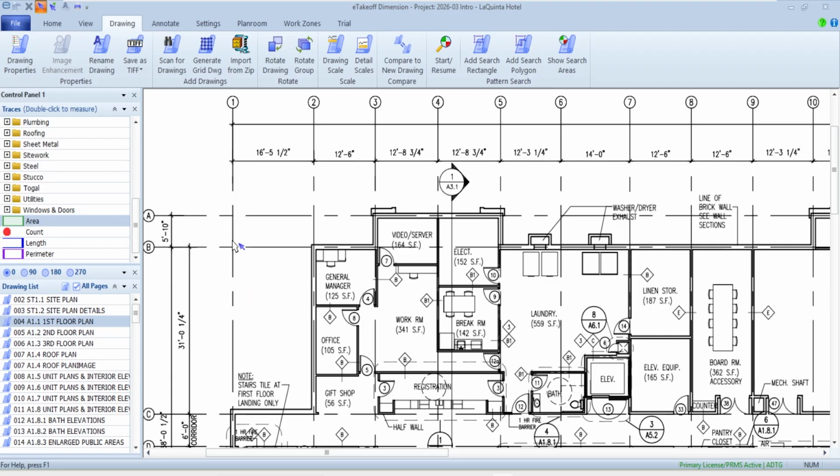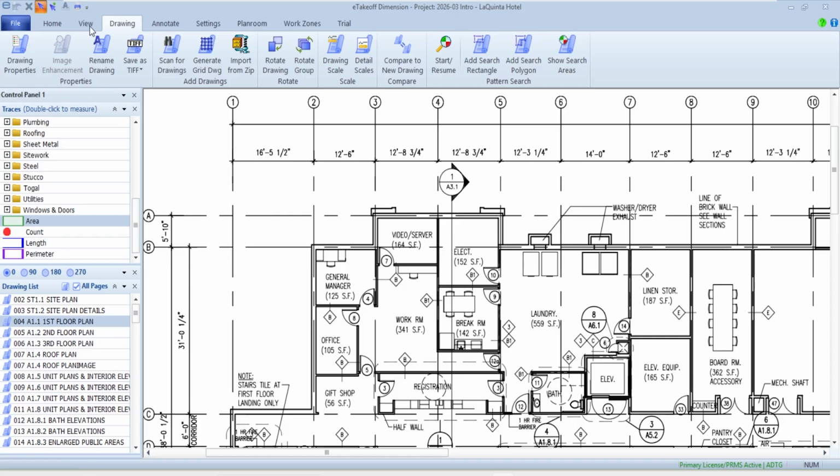So one thing I'm going to do here is over here in my control panel. These control panels are basically where you can put in the different functionality: all sorts of different measurements and traces, the bird's eye view, layers, and things like that. There are all sorts of different components that I can organize the way I want. This one here I've got docked on the left-hand side. After a while, we'll go back and talk about how to move these panels.